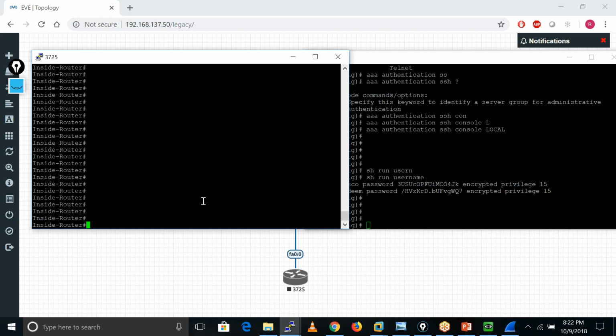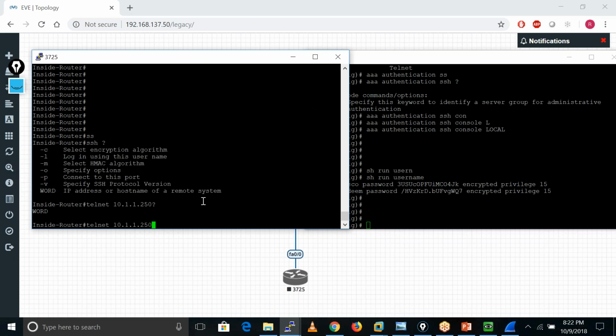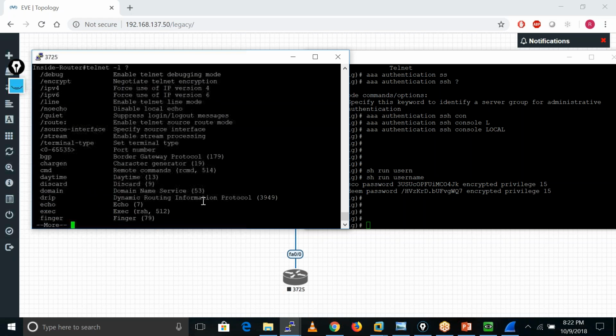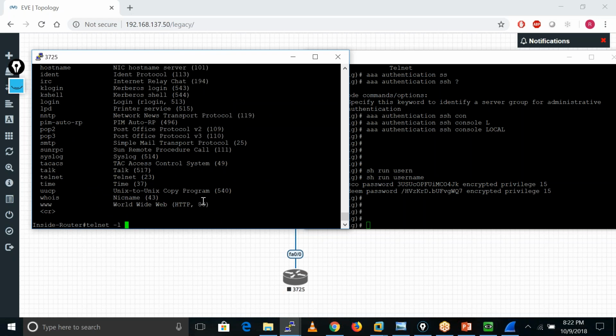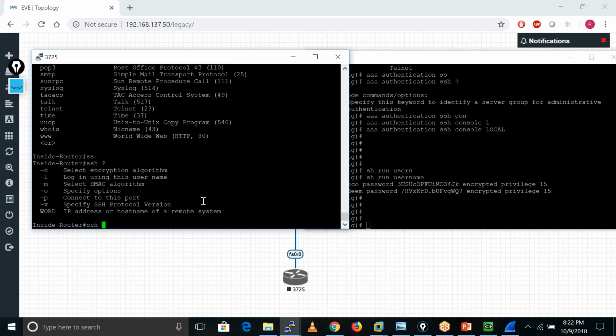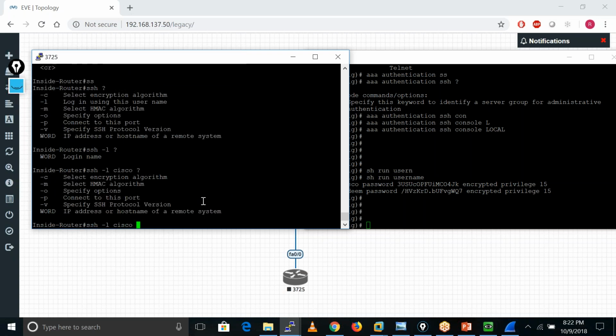How can I verify? I just go to my router and run SSH. I use the -l option: ssh -l, then I define my username, which is Cisco, and the IP address of my firewall, which is 10.1.1.250.